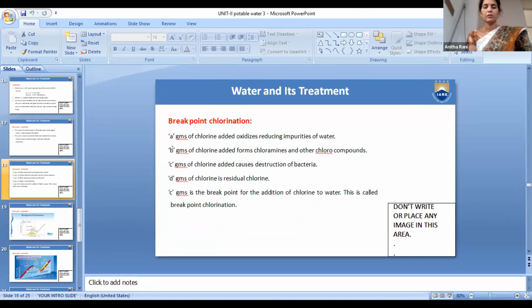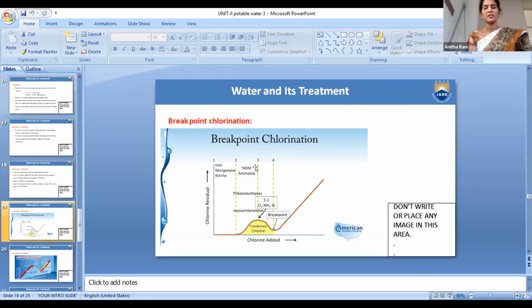And next one. When we are adding B grams of chlorine, for example 2 grams of chlorine, it forms chloramines and other chloro compounds. Other chloro compounds means here the chlorine reacts with the ammonia present in water. First, when you are adding 1 gram of chlorine, it oxidizes all impurities present in water. When you are adding 2 grams of chlorine, so that